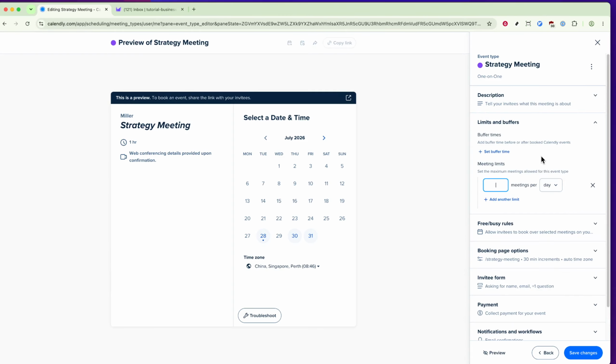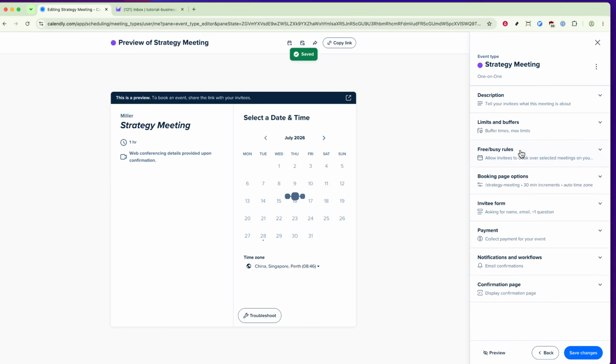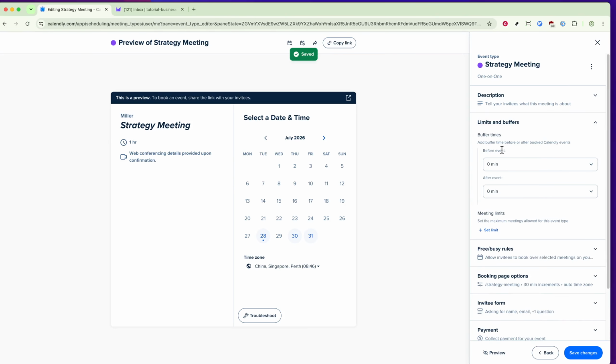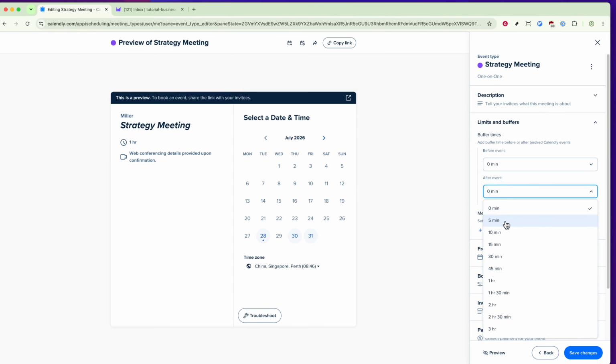Another useful option here is configuring buffer times between meetings. This adds a short break before or after your event to give you some breathing room. It's perfect if your schedule tends to fill up quickly or if you want to avoid back-to-back meetings running into each other. For example, you might add a 10-minute buffer to grab a coffee or jot down notes before your